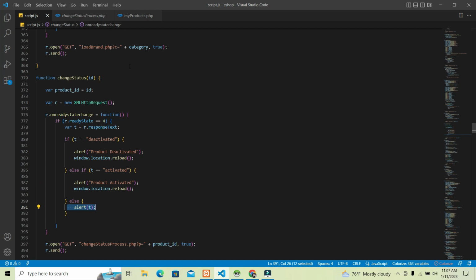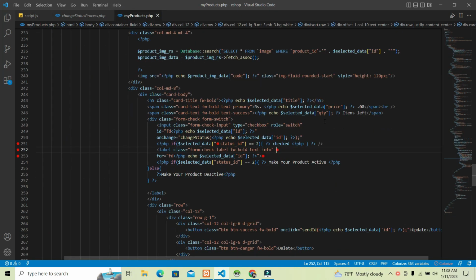Moving back to my product PHP. So the whole thing is done, and we come to this part. If the state ID is 2, it will show us "make your product activated," else it shows us "make your product deactivated" text. So that's the end of the